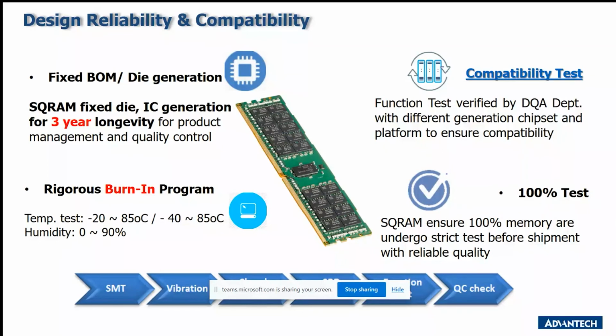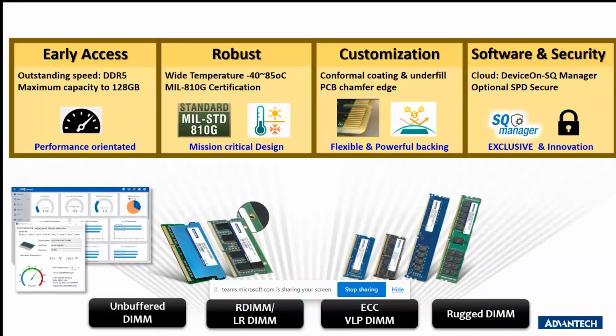They go through a rigorous burn-in program, 100% test, and also compatibility test. There are also many types of RAM: unbuffered DIMM, RDIMM, LRDIMM, ECC VLP DIMM, and also rugged